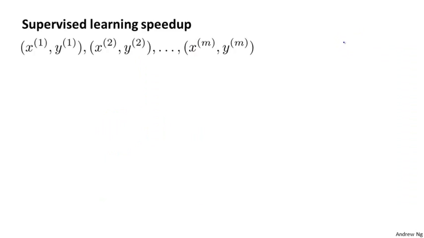Let's say you have a supervised learning problem. Notice it's a supervised learning problem with inputs x and labels y. And let's say that your examples xi are very high dimensional. So let's say xi are 10,000 dimensional feature vectors. One example of that would be if you were doing some computer vision problem where you have 100 by 100 images. So if you have 100 by 100, that's 10,000 pixels. And so if xi are feature vectors that contain your 10,000 pixel intensity values, then you have 10,000 dimensional feature